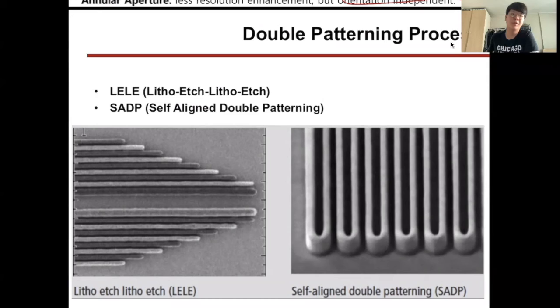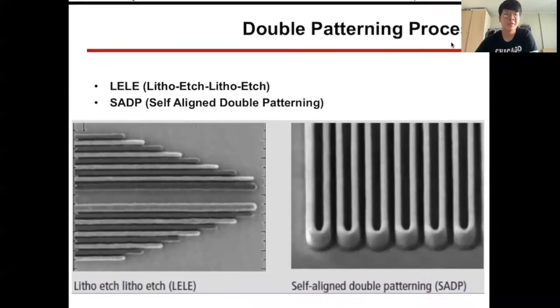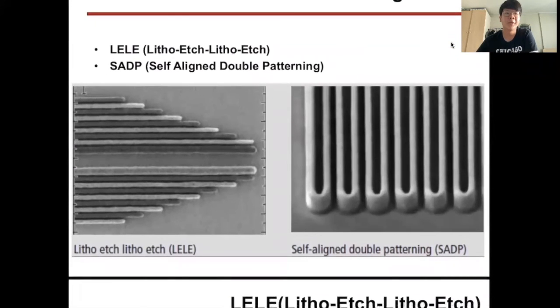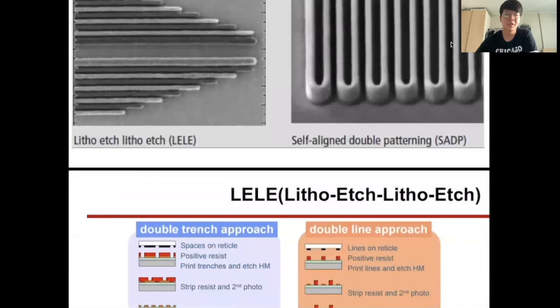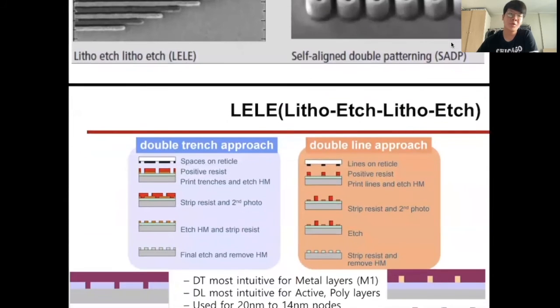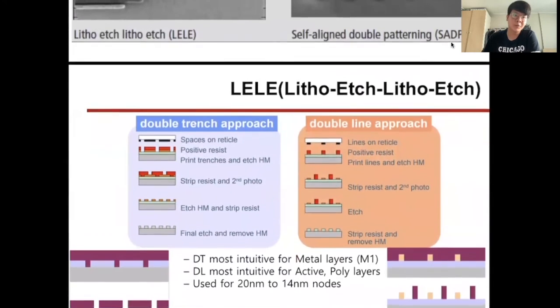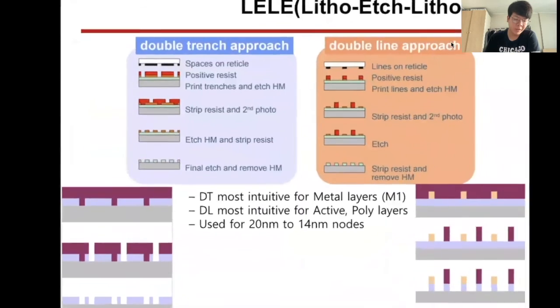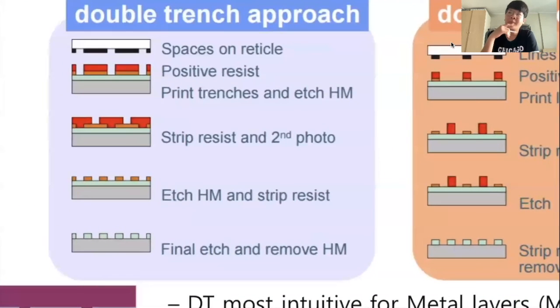However, for more microscale patterns, we use LELE or self-aligned double patterning. LELE means litho-etch, litho-etch. There are two approaches using LELE. First of all, the double trench approach. In double trench, we shape something like a gear, which uses